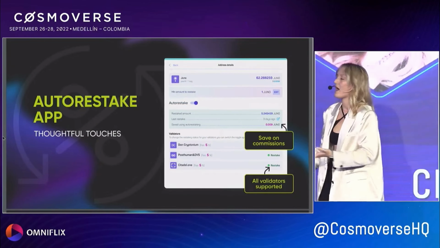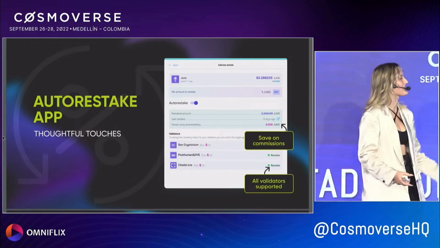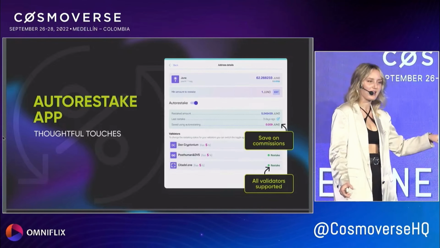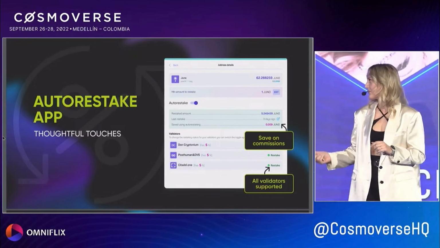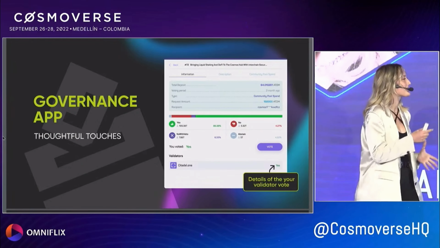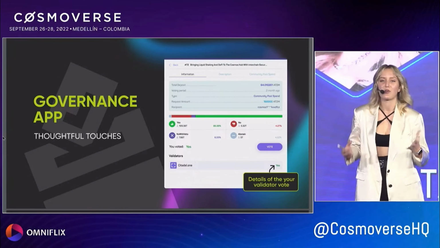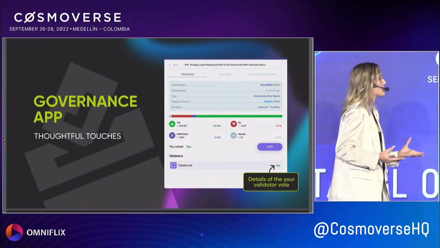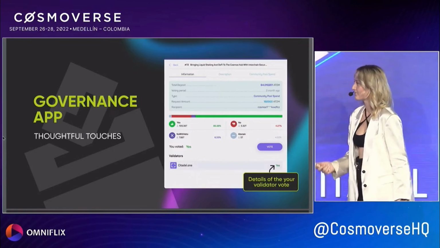So our restack app, we're trying to make it as easy as possible for users to get the benefit of this other staking module. So we have all the validators you're staking with covered, and we also covered transaction fees on our behalf. Governance application, topic governance. Yeah, so we're trying to get people involved, and along with launching this governance app, we're trying to get real audience to interact with proposals, to cast their thoughts, and you'll also be able to see how your validator actually voted.